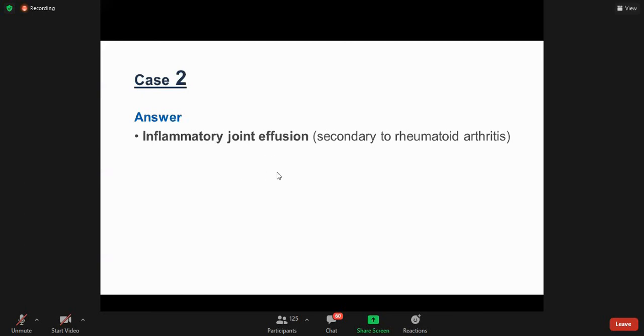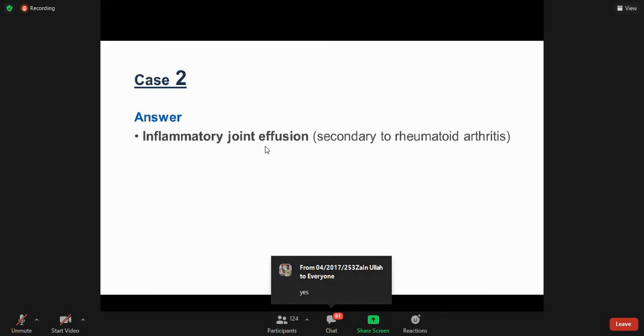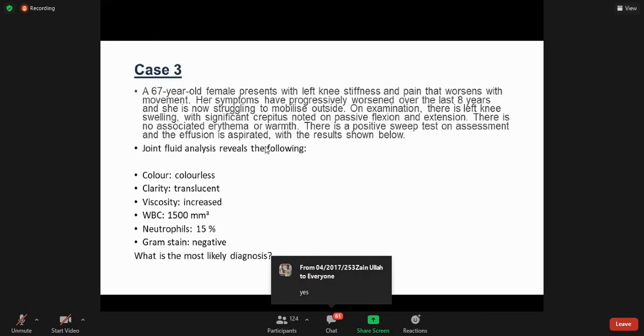All of the students are getting it? ठीक है? How to appropriately answer. Answer किसी का गलत नहीं है, but the most appropriate answer is the best answer. Now the third case.